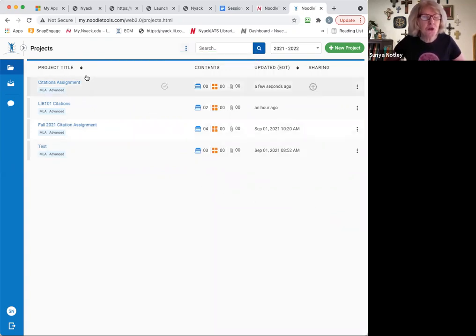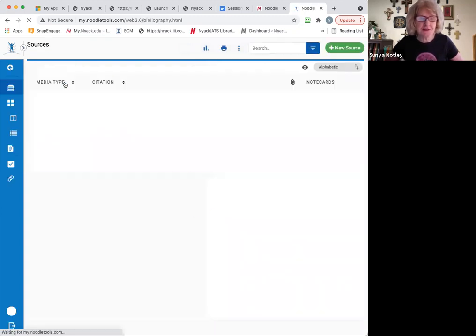Now, you will just see Citations Assignment if this is the first time you've used NoodleTools. And to start entering your 4 resources, you click on the hypertext here, Citations Assignment. And now you're ready to begin entering your resources from your assignment sheet, page 2. And so we'll start with the first one